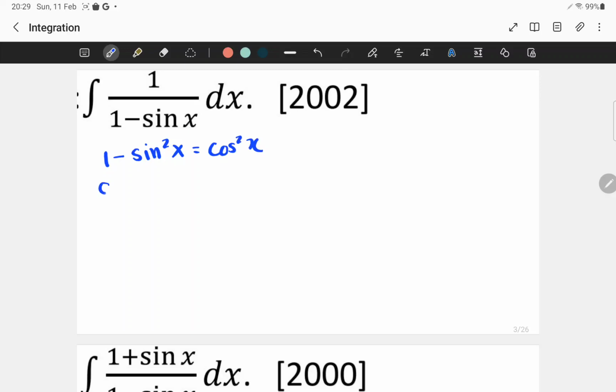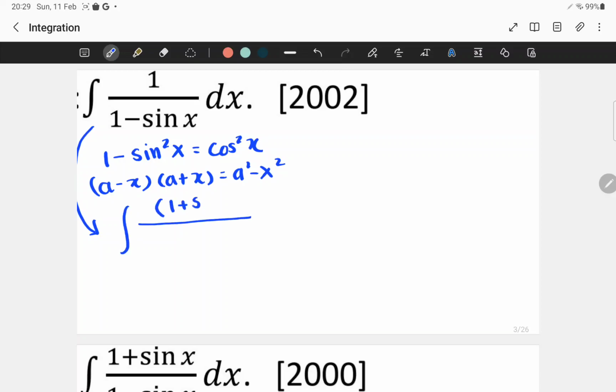We remember a minus x into a plus x, a square minus x square. So we will multiply numerator and denominator by, it will give us